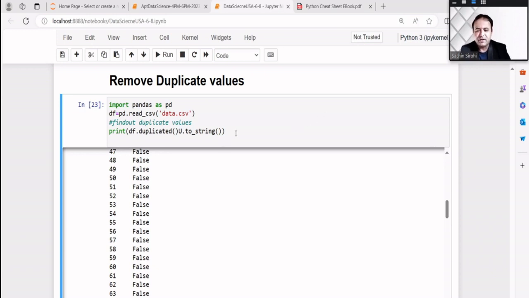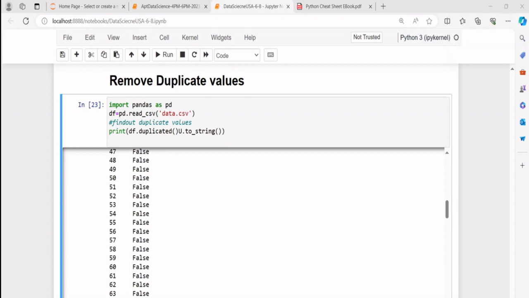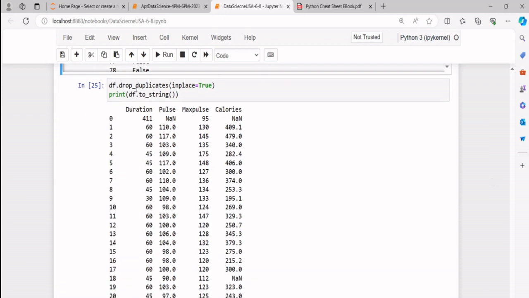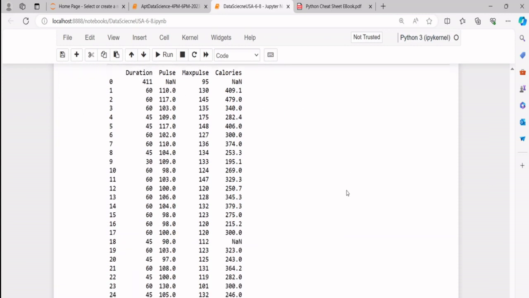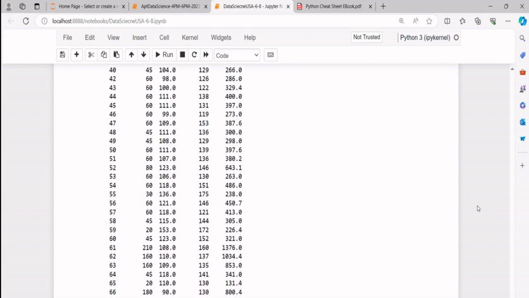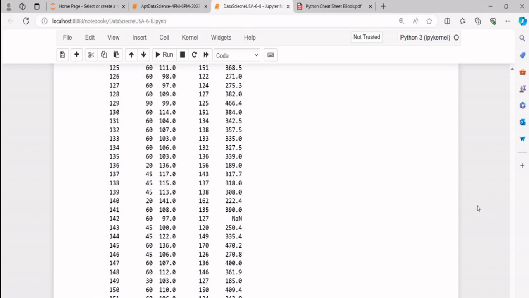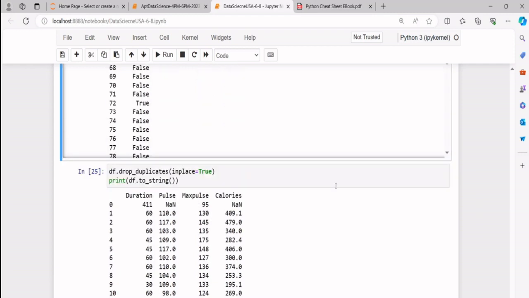So when we find duplicate values and drop duplicates, we have done that. Now the question is, when the values are dropped,